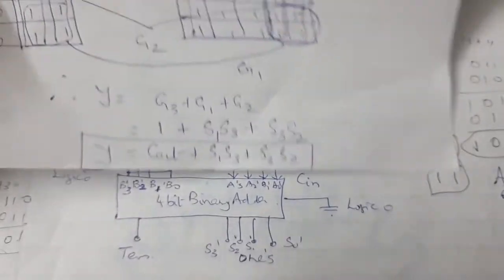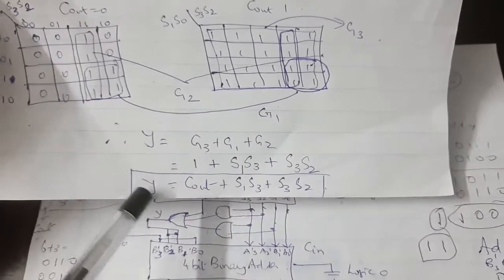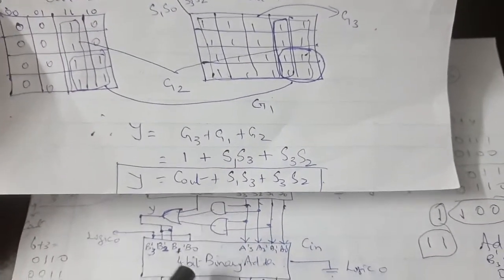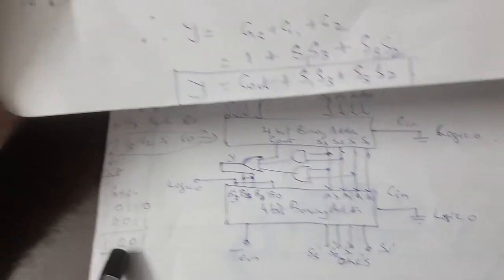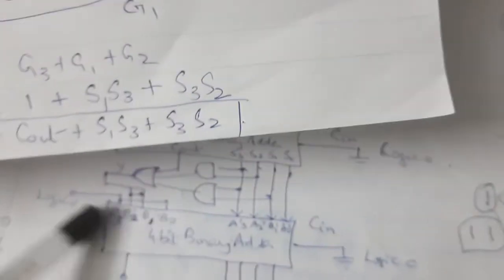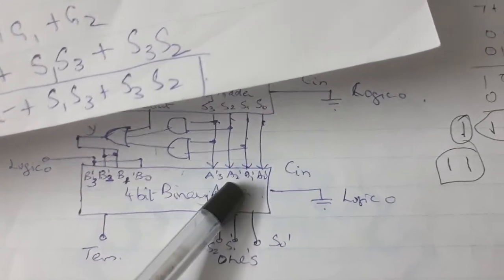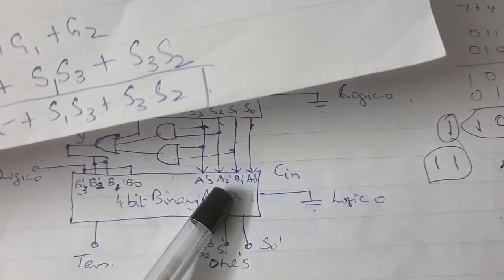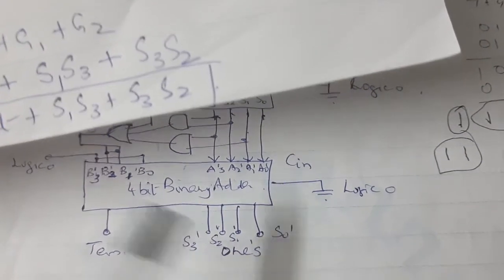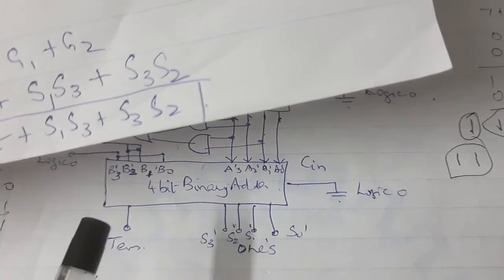So make sure you do the truth table, calculate a 5 variable mapping, find out the CY. If CY is equal to 0, it is a valid code, you produce a direct output. Okay, if CY is equal to 1, you need to make it a valid code by adding 6 to it. Use this logic 0, 1, 1, 0. Add this logic to the present output. Then you will get the values in terms of tens and ones. This answer will become 1, 1. What I have shown over here.